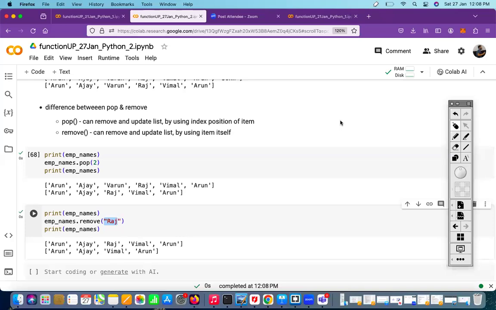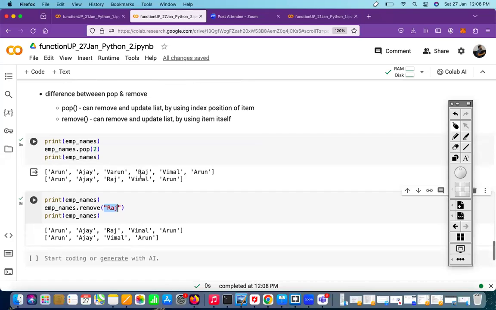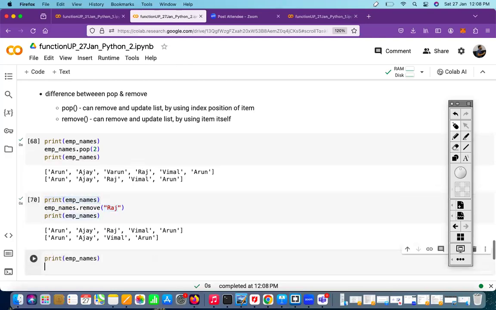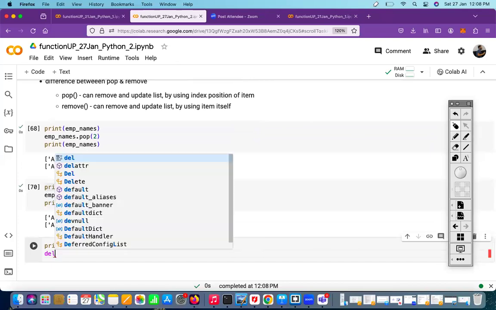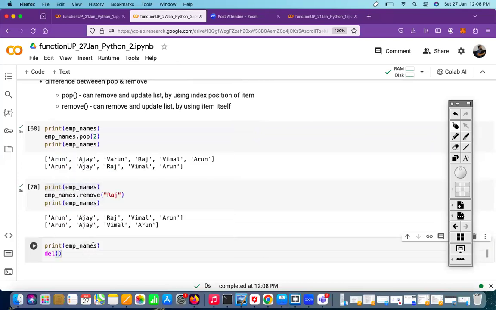Okay, एक और क्वेश्चन है, the difference between remove and delete. डिलीट एक सिंपल पाइथन फंक्शन है, उसका भी काम एक आइटम को रिमूव करना है। Only thing is how to use it, इसको यूज करने का तरीका अलग है। यहाँ डिलीट एक इंडिपेंडेंट फंक्शन है। ठीक है, और you have to pass what you have to remove from here. जैसे फॉर एग्जांपल मुझे अगर अजय रिमूव करना है तो आपको यहाँ पे पास करना पड़ेगा डिलीट